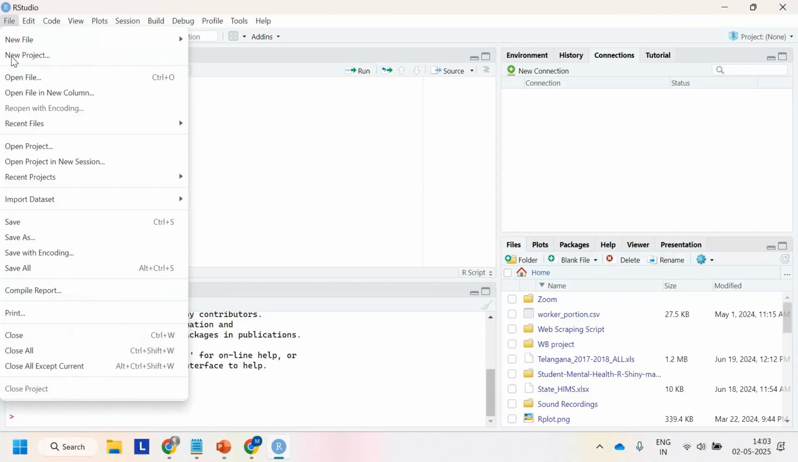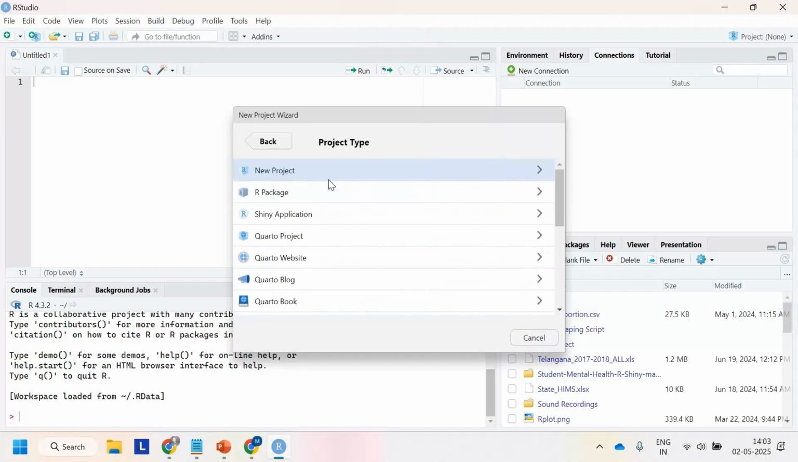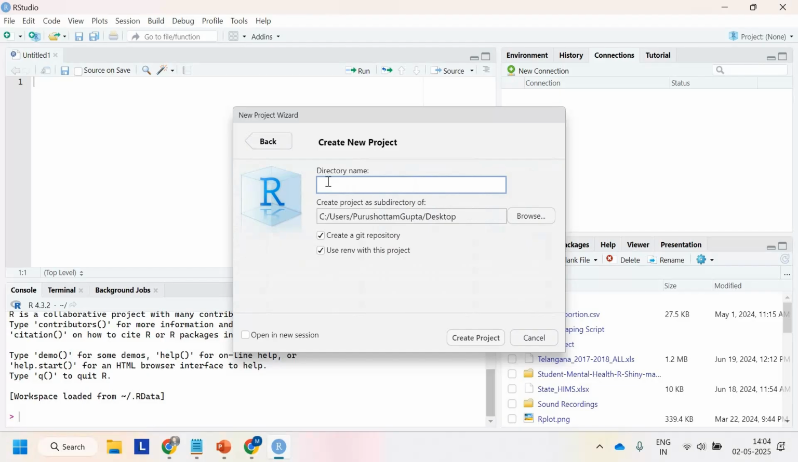I'm going to File and here you can find New Project. Click on that, and again you can click on New Directory. Here you will find multiple options: new project, R package. We want to create a new project, so I'm clicking on that. You can write the name of the project. I am writing the name of the project as